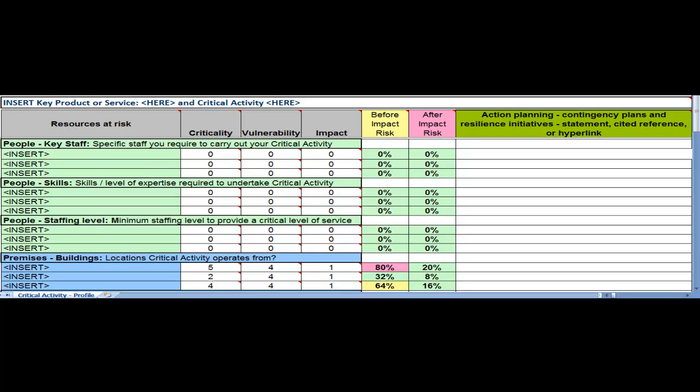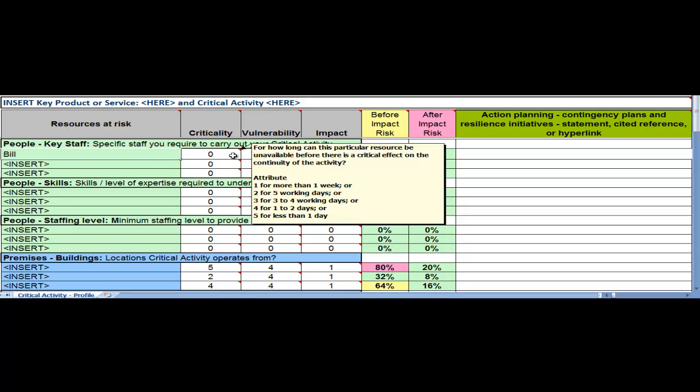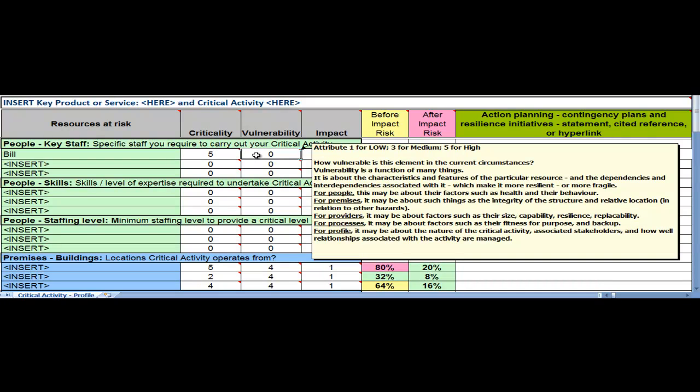Let's take a pretty straightforward illustration. On the top line over here, under the first of the P's, people and key staff, in terms of resources at risk, let's say we're having a look at Bill. Now Bill, he's a linchpin, so in terms of criticality, I can't do without him. He manages a single point of failure, so we'll put him in as a 5. In terms of vulnerability, a little bit trickier, because for people, as you can see by the drop down screen there, that can be about a range of factors, their health, their behaviour. In this case, Bill keeps too much know-how in his head, and he loves to put that know-how on a fast motorbike with no helmet. So vulnerability,